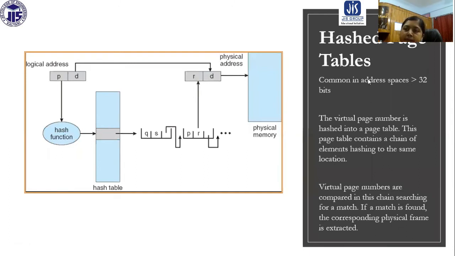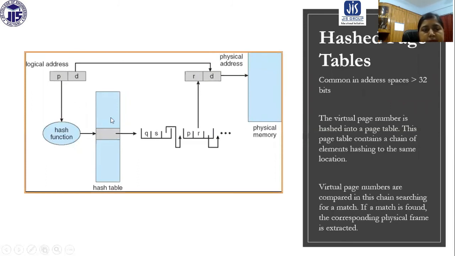So hash page tables. This is another approach. Here you can see the page tables are not going to be stored like a table. We are going to use the linked list approach for storing the page table. In this case also, the logical address is going to be divided into page number and page offset. Now on the page number, a hash function is going to be applied. There is a hash table, and from the hash table it is going to point to the node of the linked list.